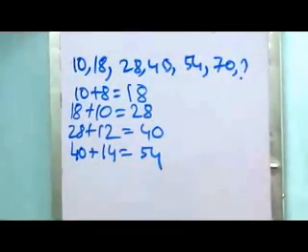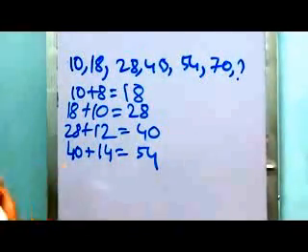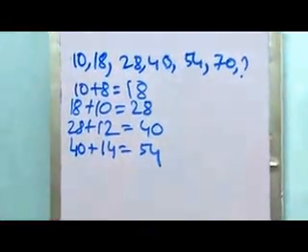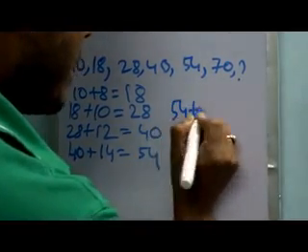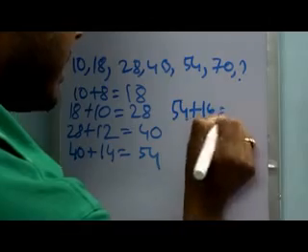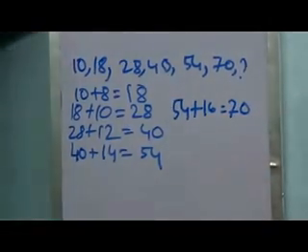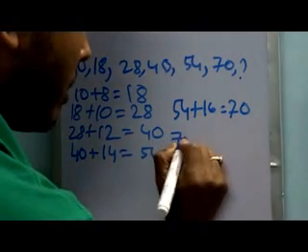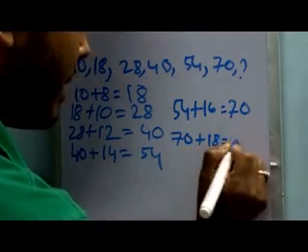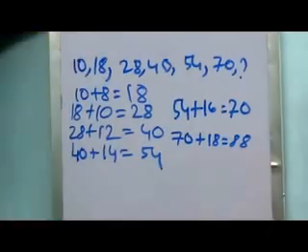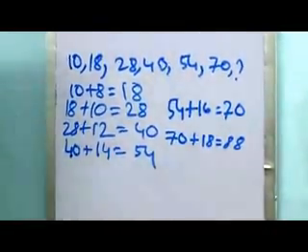So why actually this? You have already got the logic in my previous solving sessions. Now 54 plus obviously 16, it will be 70, and obviously the next one and the unknown one will be 70 plus 18 equal to 88. Why 88? Hope you have got the logic. What is the actual logic?